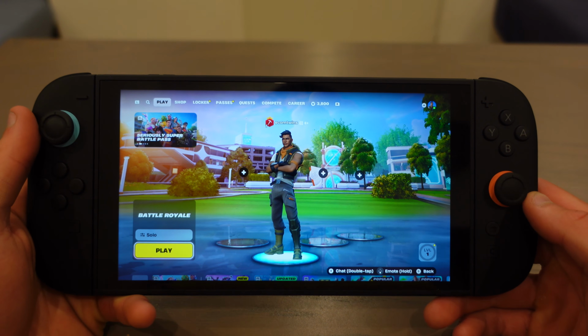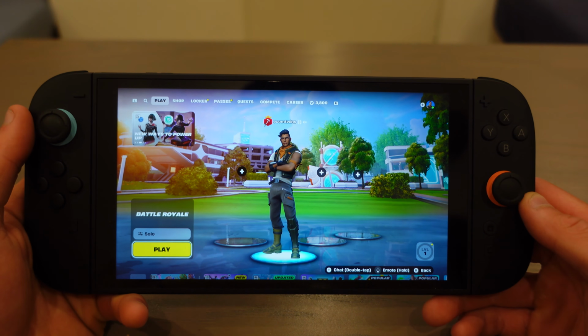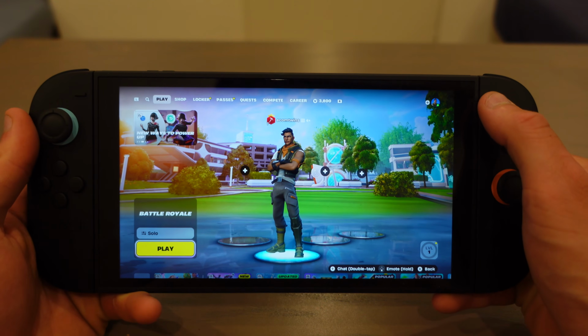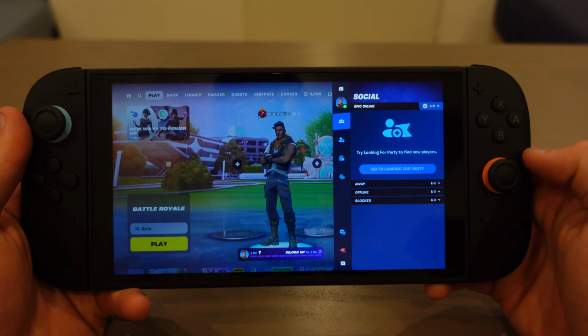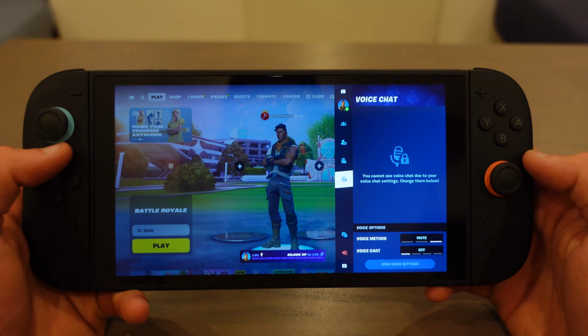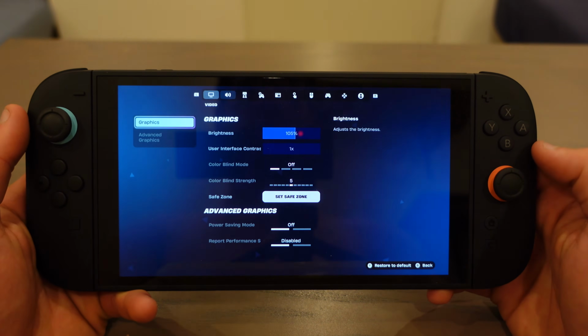In this video I'm going to show you how to watch and save replays of Fortnite on the Nintendo Switch 2. First press the plus button on the Switch 2, then scroll down to the settings icon and select settings,